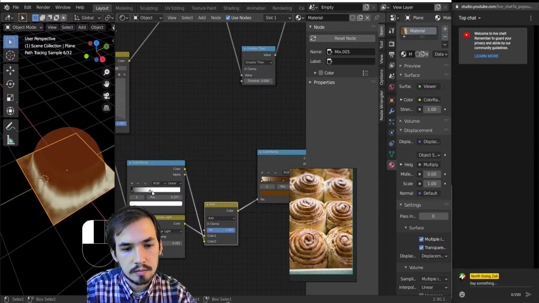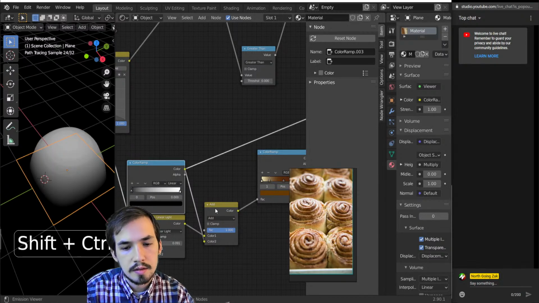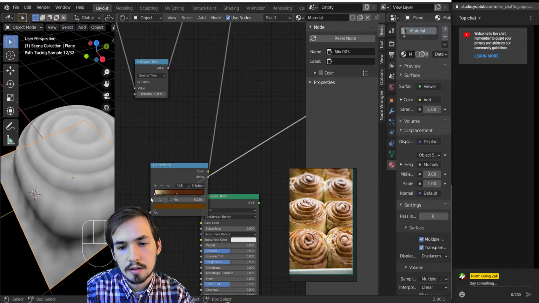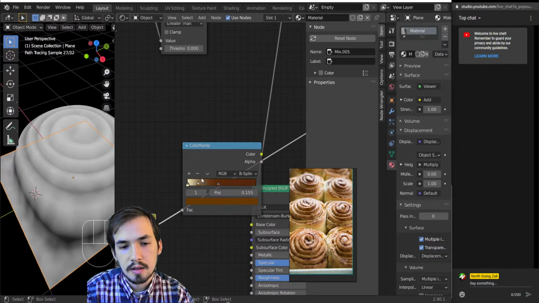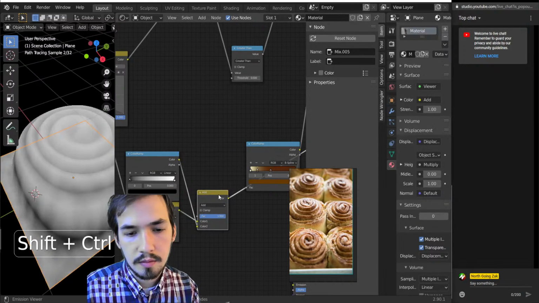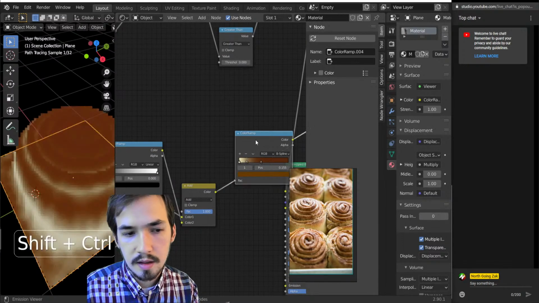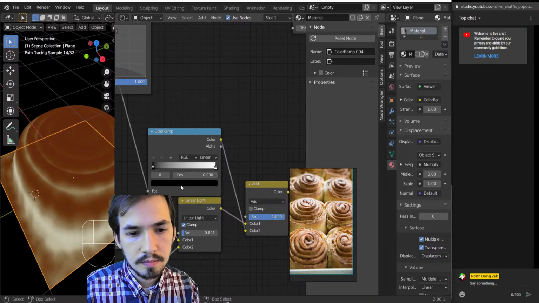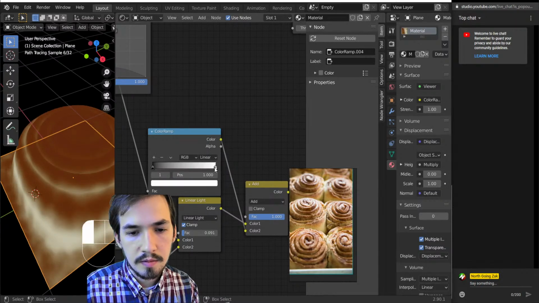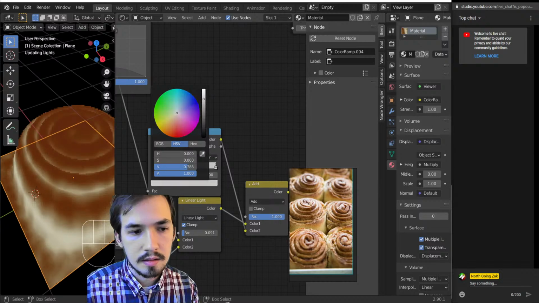Add. Okay, so what's going on here is this is pretty much the opposite, so it's lighter where it's darker, probably because this color ramp is flipped, and that's where the confusion with my setup is. This doesn't need to be that dark. Let's leave some of the values that light, I guess, in this case,